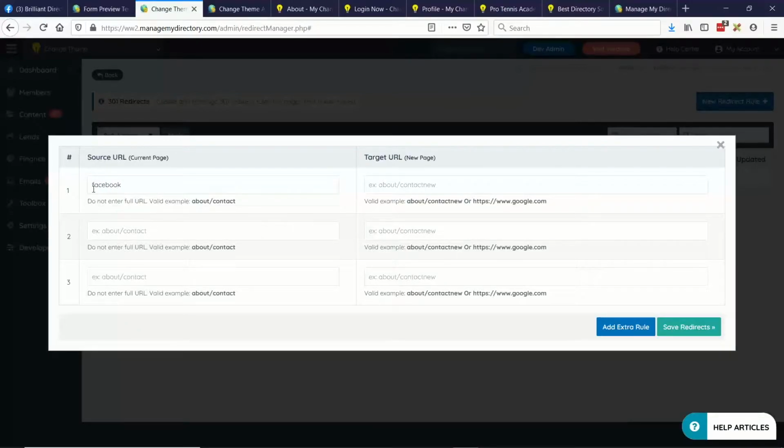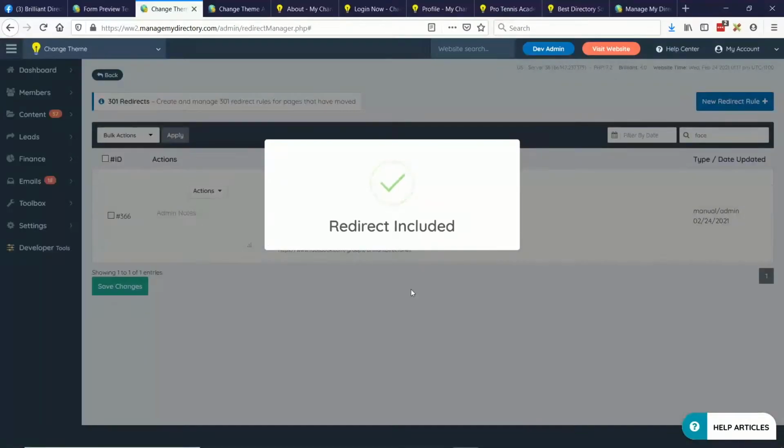You don't need to include the slash when you're creating your source URL. Just put the first part of it, like about or contact. You don't need to put a slash here. And then I could put the full URL, like I want anyone that goes to my site slash Facebook to be sent to the Brilliant Directories Facebook group on Facebook. So let's save that. There we go.